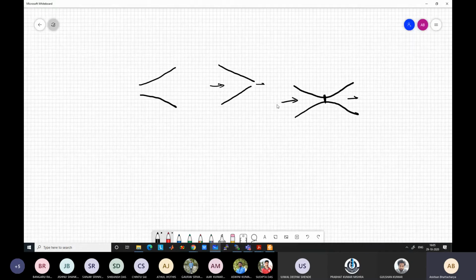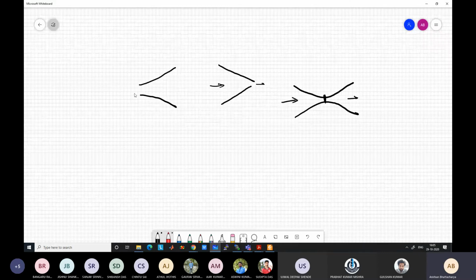Okay, so at first we are just considering a diverging diffuser. It means we are in the subsonic region. The inlet velocity is also subsonic. It means that the aircraft is flying at the subsonic condition.